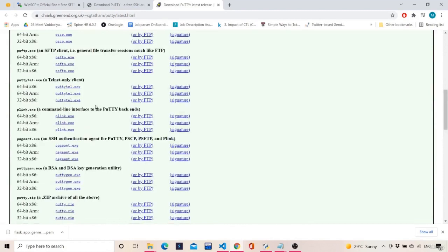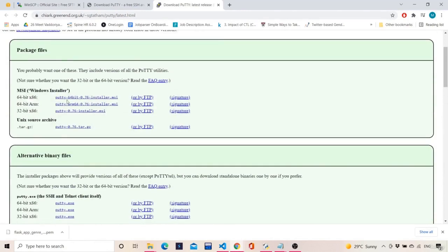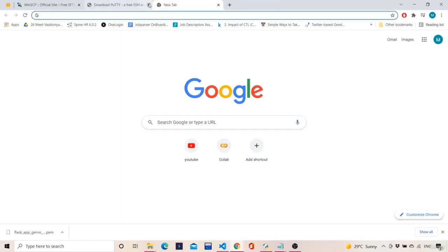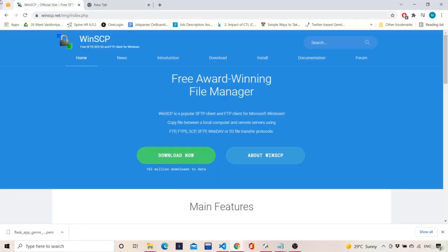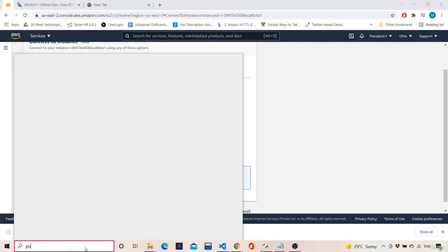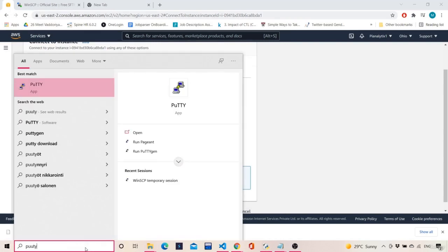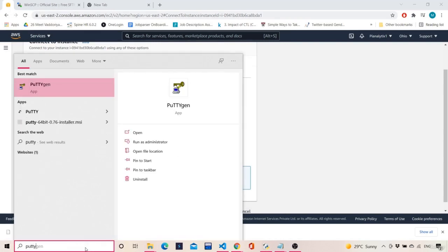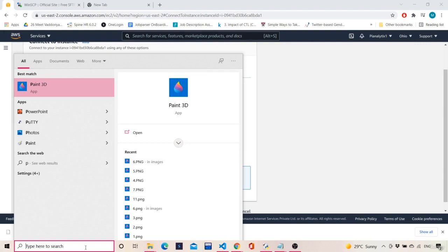From here, take the MSI Windows installer: if it's 64-bit architecture, install this; if it's 32-bit architecture, install this. Once you do that, you will have three softwares: PuTTY, PuTTYgen, and WinSCP.